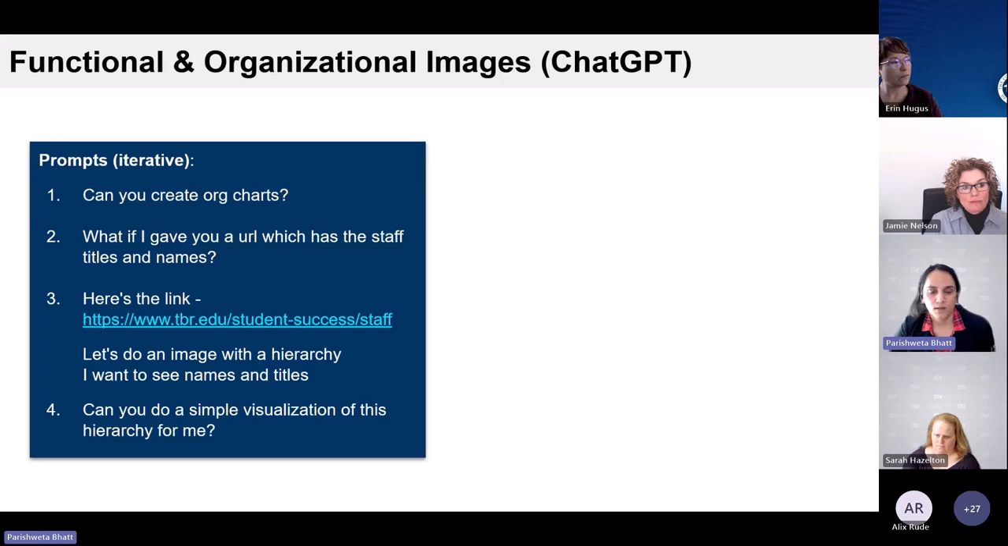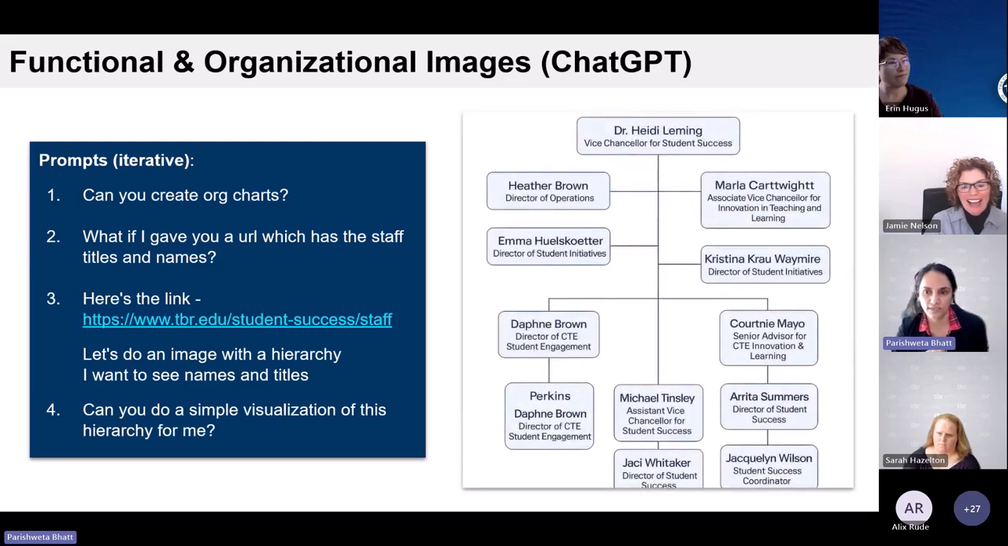And so what it did was the first time after my iteration number 3, it came back with a text hierarchy. And so I said, can you do a simple visualization of this hierarchy for me? And so it tried, bless its heart. ChatGPT tried to do a simple visualization of the hierarchy, right? And now in my mind, I'm thinking that it got a lot of things right. But as you can see,